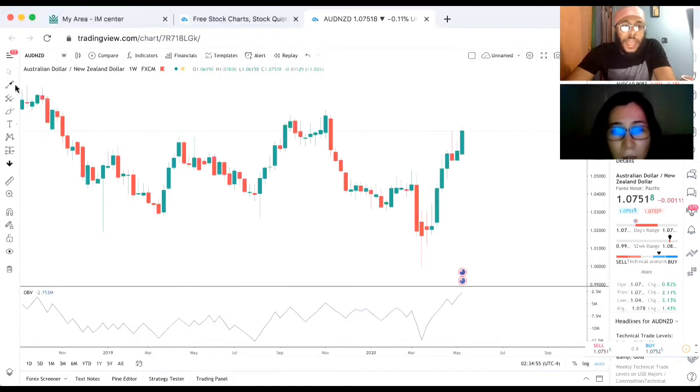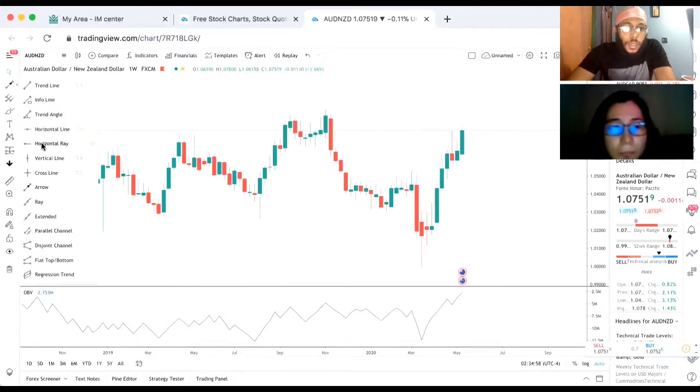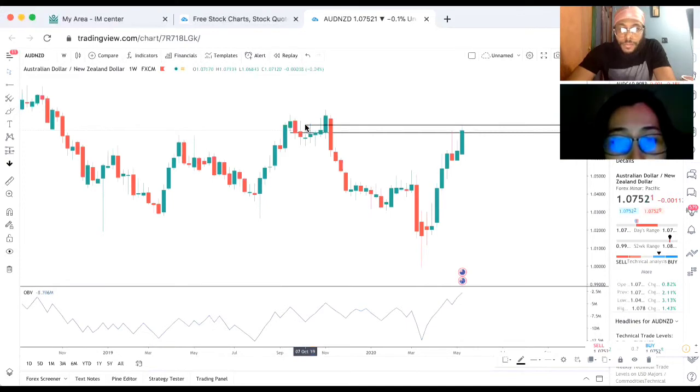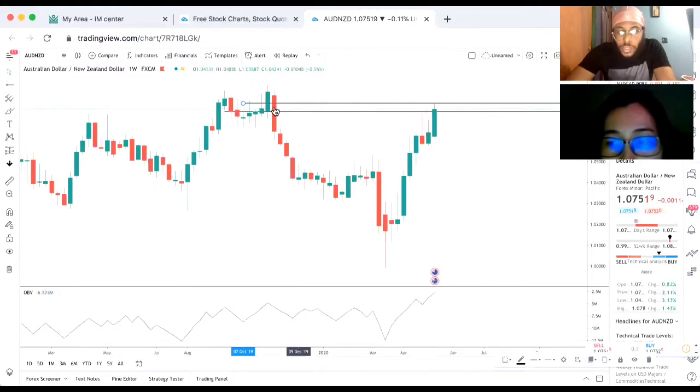The reason I came in for sell is because I marked up, in this case, the beginning of the candlestick, and I also can't forget to mark the middle. Notice how price came up and all it did was tap right off of the middle of this one. That's why I was able to get such a really good entry, because I'm looking at the weekly point of interest. Price came up and tapped off.